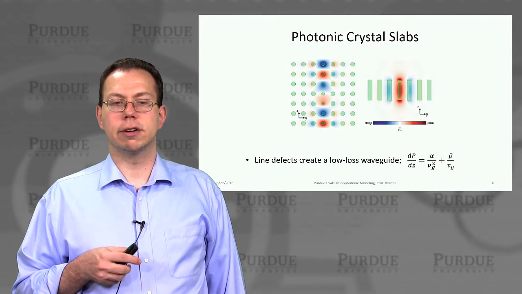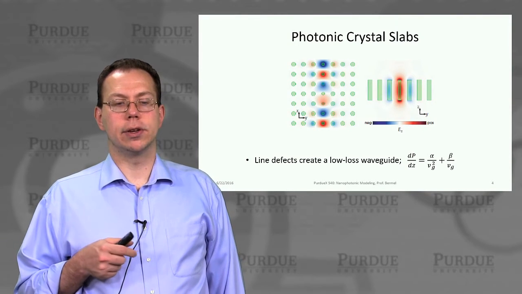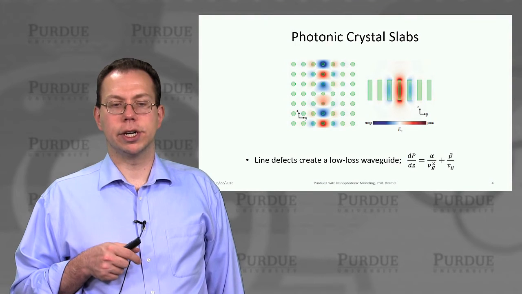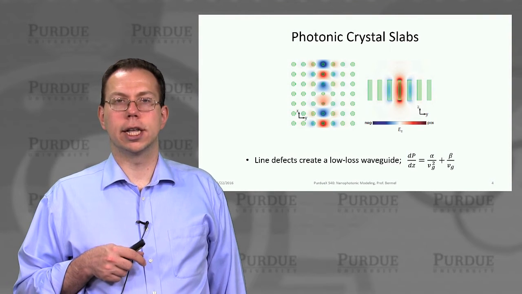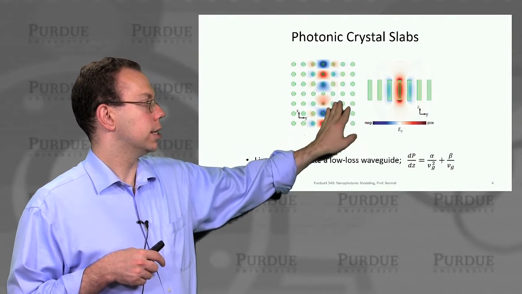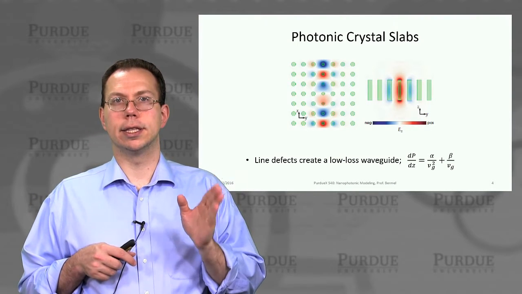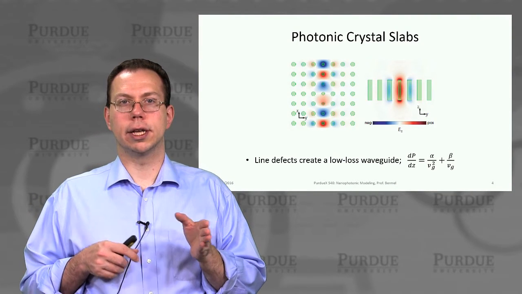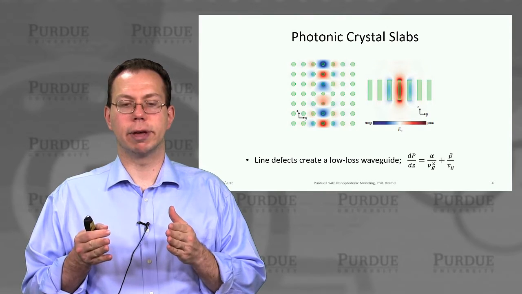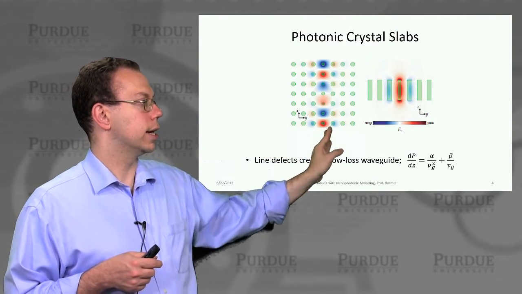And so in terms of what happens when you introduce defects into the system, you can see that if you basically shrink a whole line of these rods that are in air, like this, then these will become a line of defects that can guide light in exactly the region you want and at a frequency that's otherwise in the band gap, right? So it's kind of giving us a controlled way to guide light down this thing.